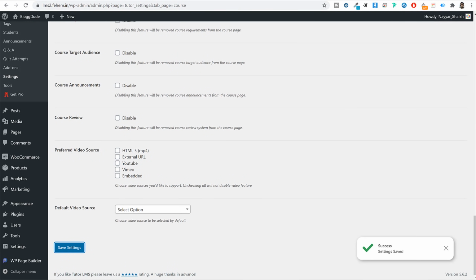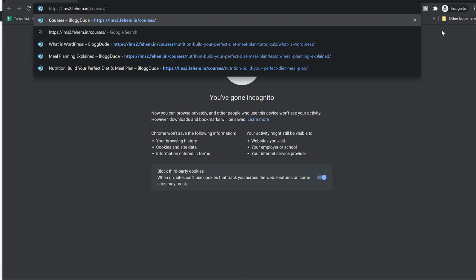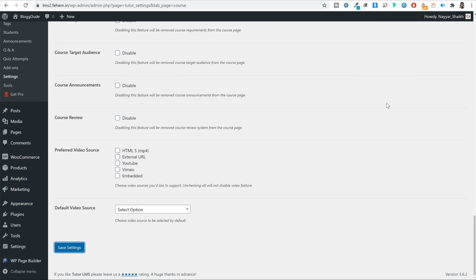Click on save settings. Now again, if you come back to this page and refresh it, as I said earlier, it might take some time for the changes to display on your website. If you want, you can do one thing. Open this in a new private window. And now as you can see, all the filters and everything is now applied. This is the filter. And in one row, it will display 3 different courses. So this is what it will do.